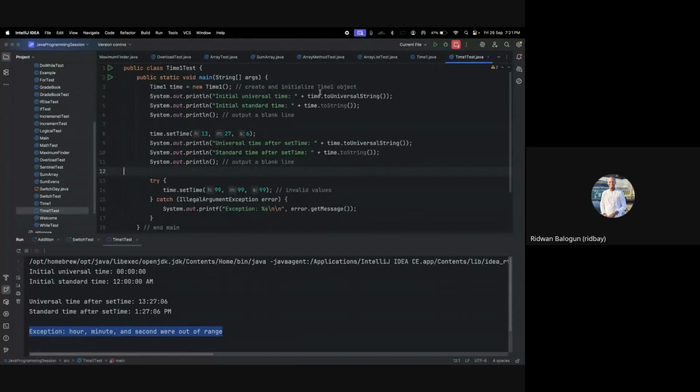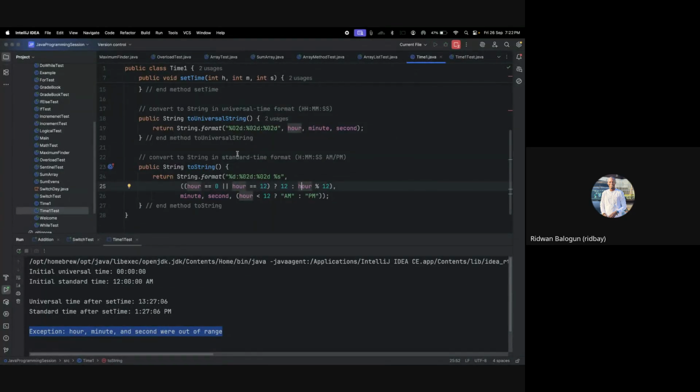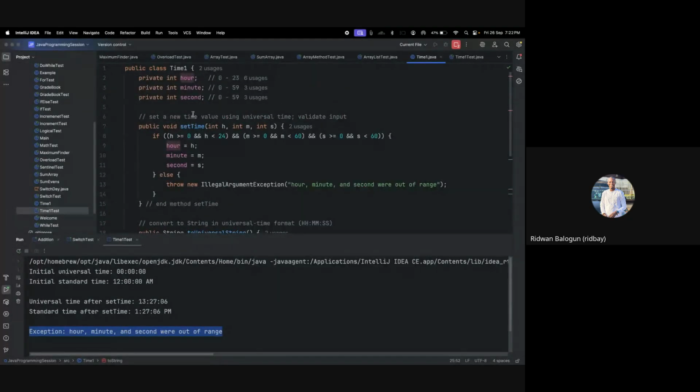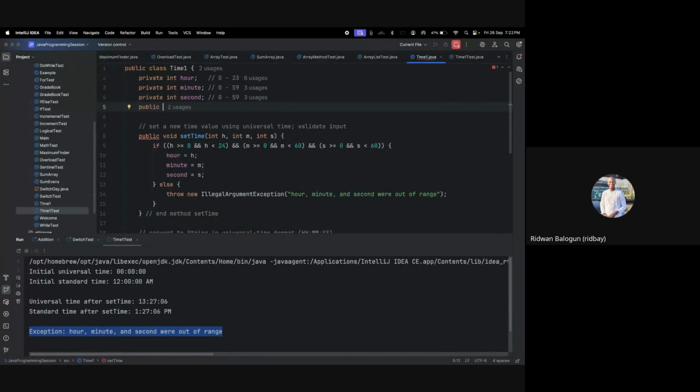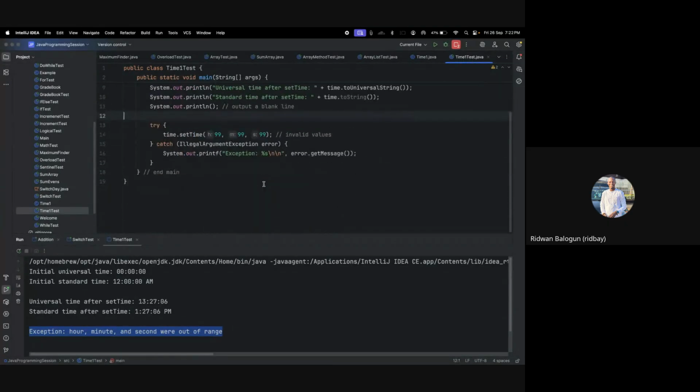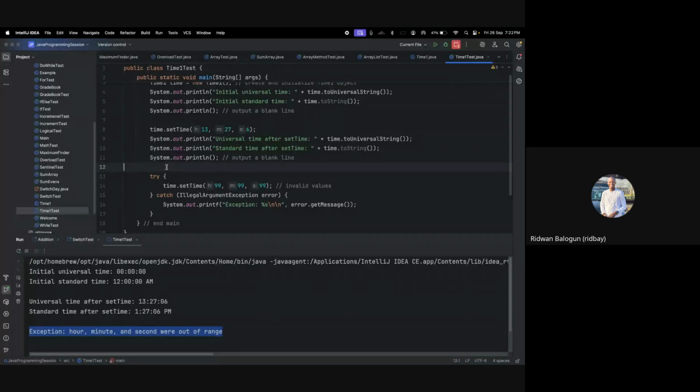So what is encapsulation? Why do we use encapsulation? We use encapsulation to hide data from the public. You can see we did private in second here. This is encapsulation. If I do public string name equals Readwan, this is not encapsulation because it is public. So if I go to this test now, let's do